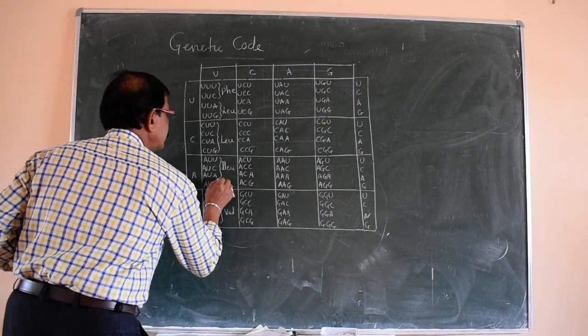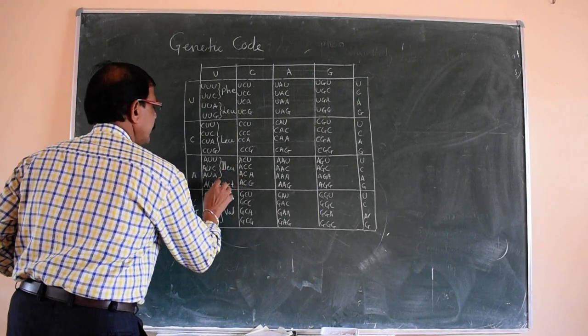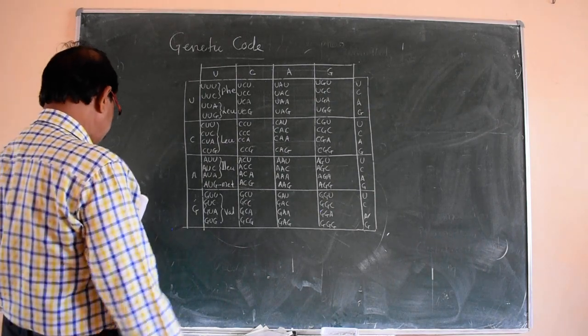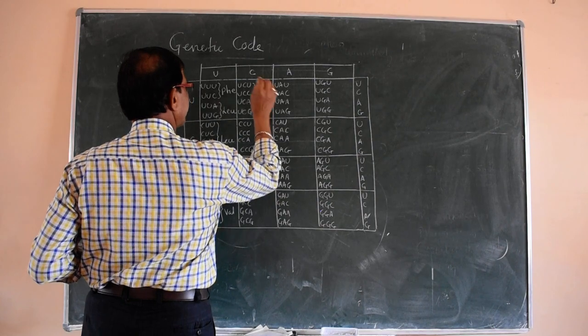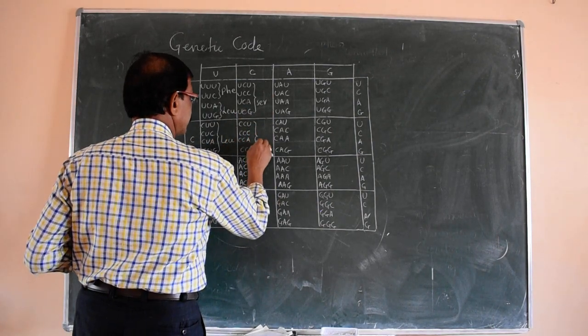Among these, only AUG is MET, methionine. Next, this entire group is serine, SER, and then the next group is proline, PRO,